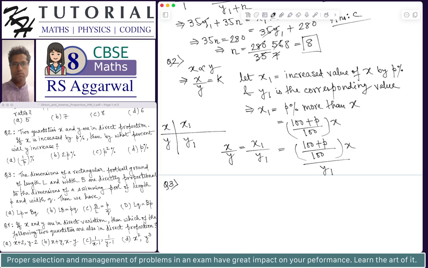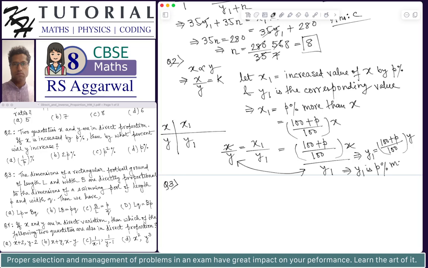Now if you equate these two, from the equality of these two expressions, that is x by y is equal to 100 plus p divided by 100 multiplied by x divided by y1, I can cancel out x and x, and I will get y1 is equal to 100 plus p divided by 100 multiplied by y. Now this implies that y1 is p%